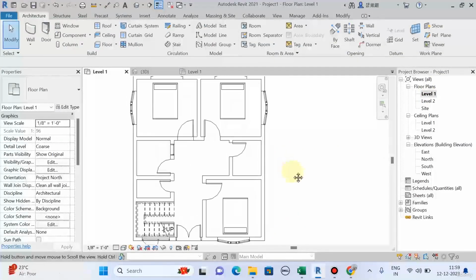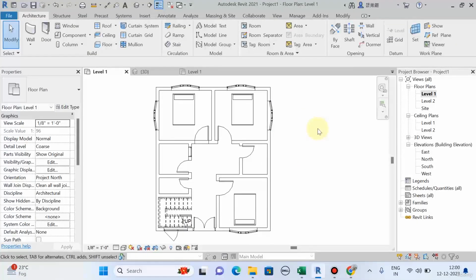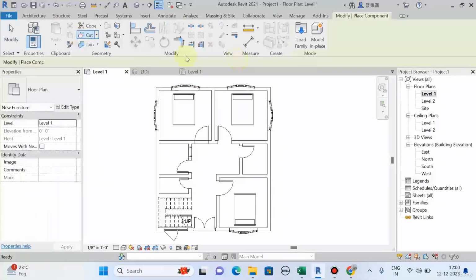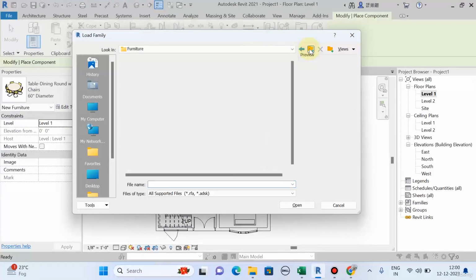And suppose some components are also not available in the Revit library, so you have to download that family from BIMobject, from BIM city, as I told you. So suppose here, hit on load family, water closet I want to